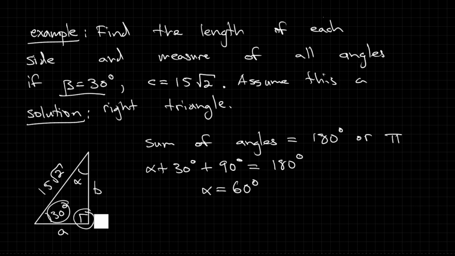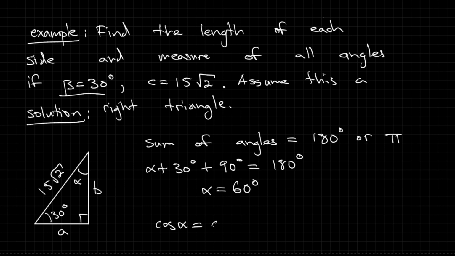So that is part of the answer here. Now we need to go ahead and figure out what a and b are to complete this problem. There's a number of different ways you can go about this, but all of them involve using the definition of the trigonometric functions. One way you could go about this is you could say that cosine alpha,